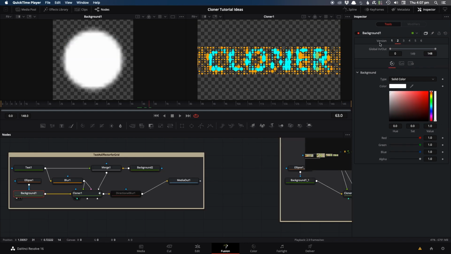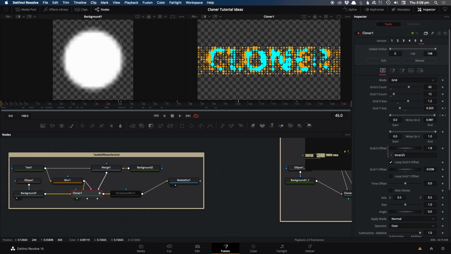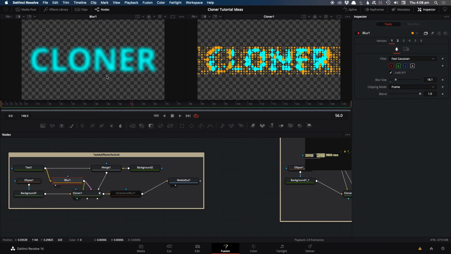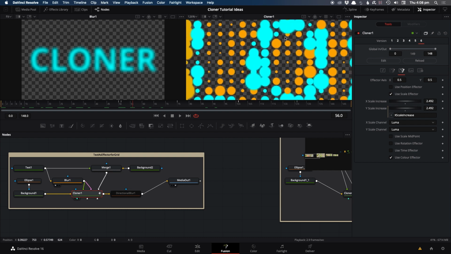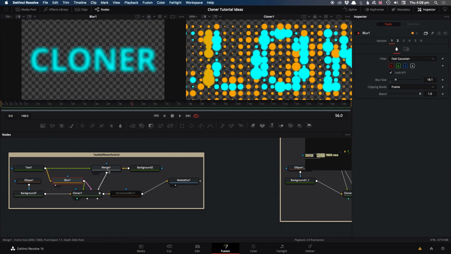This next one is a variation, in fact it's a different version of the previous one. In this case, on the cloner, the X offset is animated over time, but it's set to loop, so the clones are being pushed that way and then coming back round on the other side. But at the same time, the Write On X is animated, so it gets wider and wider and wider. At the same time, this text is being used as a scale effector. So if you notice, they are slightly bigger where this text is,